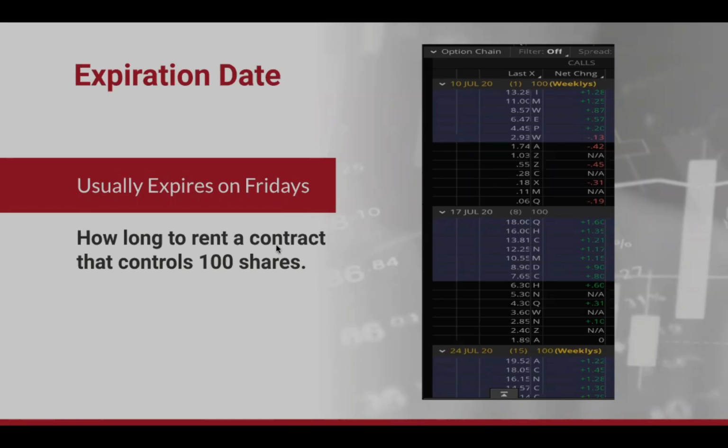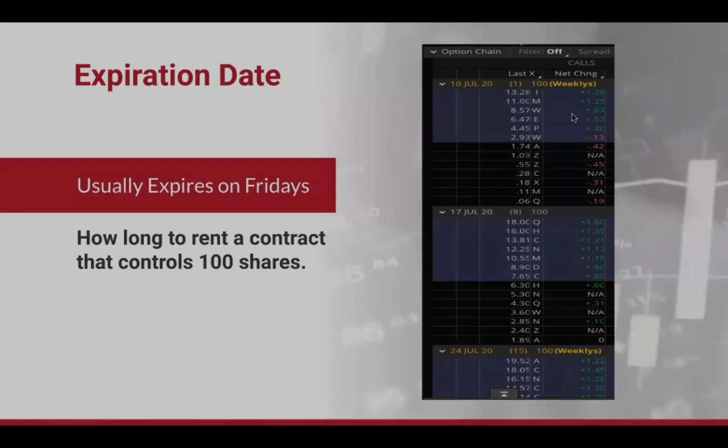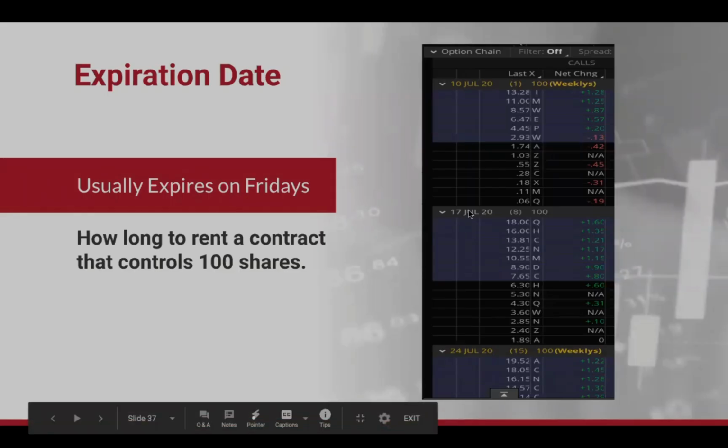And all this is how long do you want to rent 100 shares of that company? And this is how it looks. You're going to see an option chain. When you see that option chain, you're going to see different dates: July 10th, July 17th, July 24th. Why are they 7 days apart? Because that's a Friday, that's the following Friday, that's the following Friday. And you're going to see a list of options that you can buy. Okay. So the expiration date is usually on a Friday, but you got to pick a date. Once you pick a date,